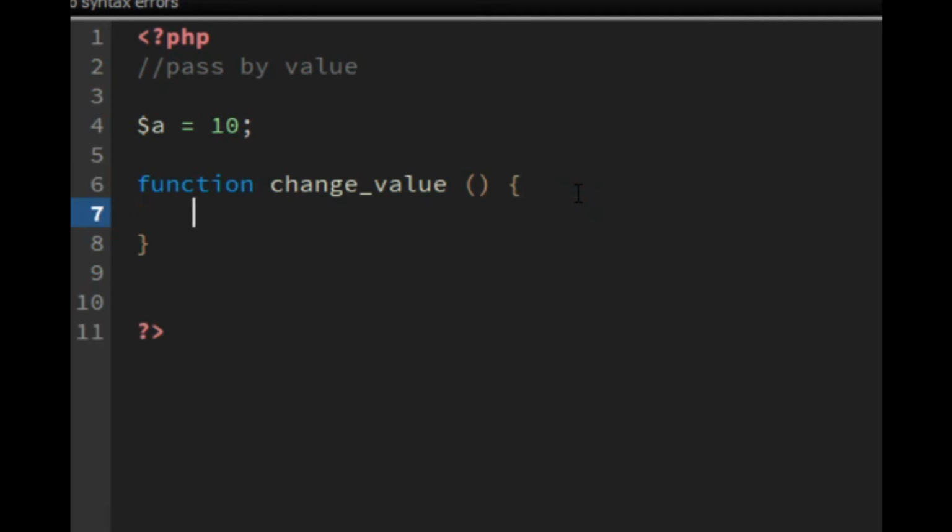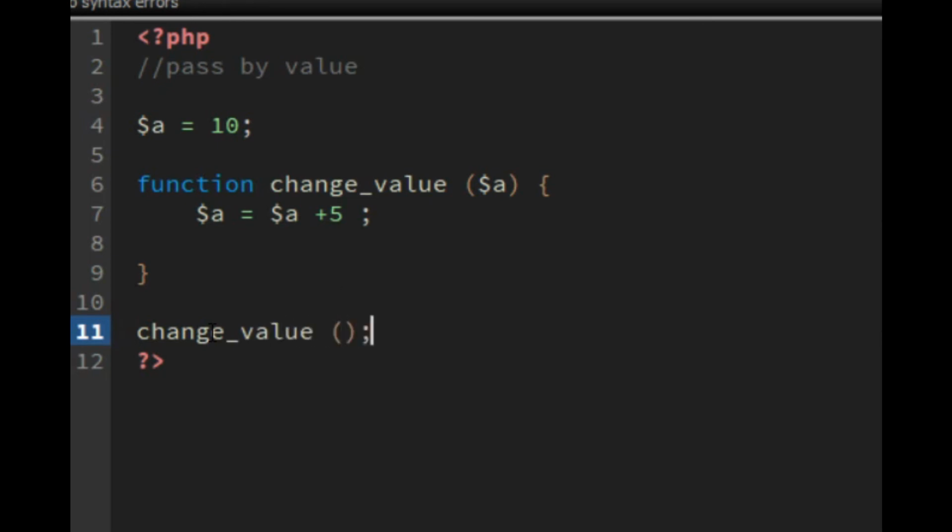Inside the function we pass this variable by value, not by reference, just by value, and we change the variable a and add 5 to the original value. Outside the function, here I call this function, change value,